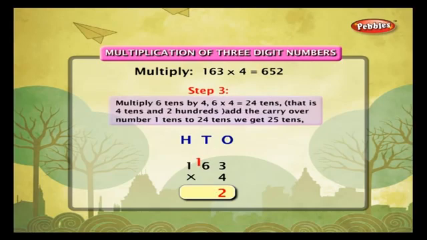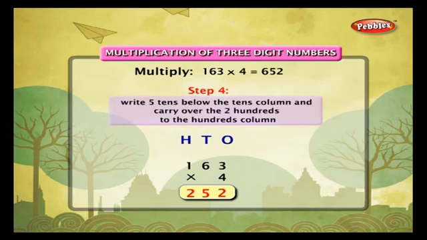Multiply 6 tens by 4. 6 into 4 is equal to 24 tens. That is 4 tens and 2 hundreds. Add the carryover number 1 ten to 24 tens. We get 25 tens. Write 5 tens below the tens column and carry over the 2 hundreds to the hundreds